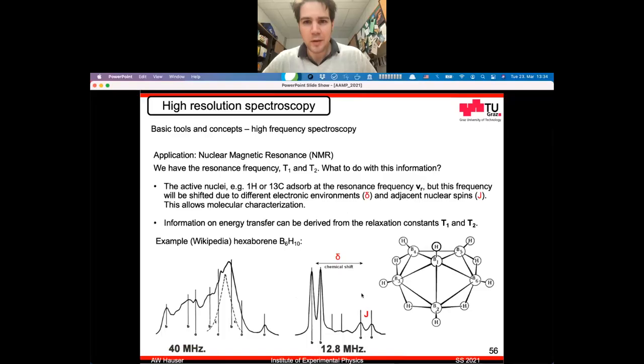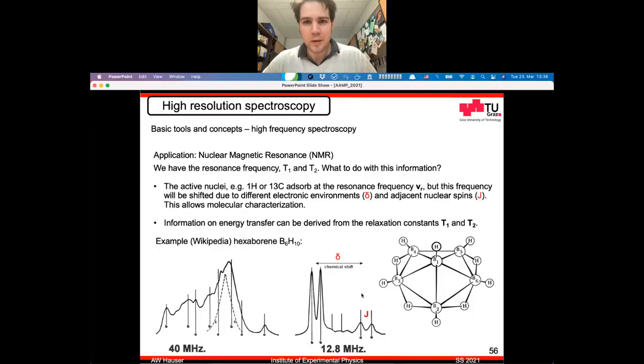So let's put it this way. In the end, we have three ingredients or three handles that tell us something about the piece of matter in our sample holder. We have the actual resonance frequency, and we have these times T1 and T2. So how does this now translate into useful information? Well, if you